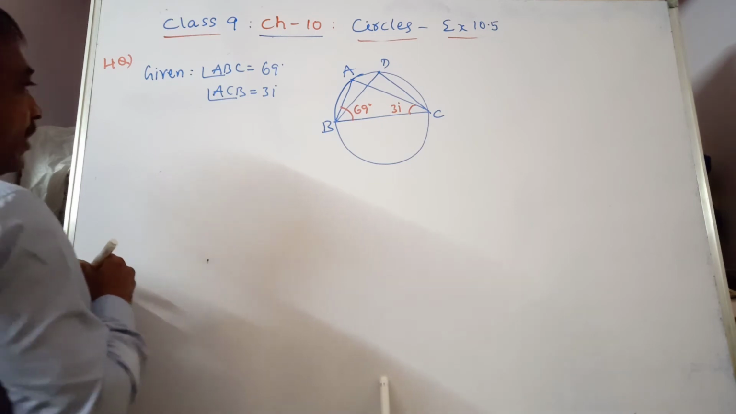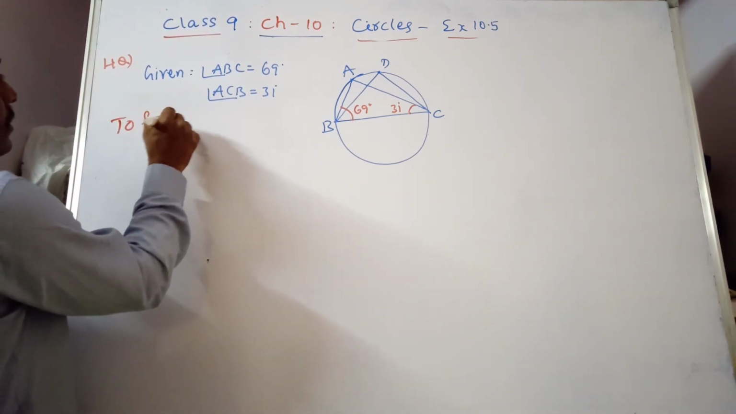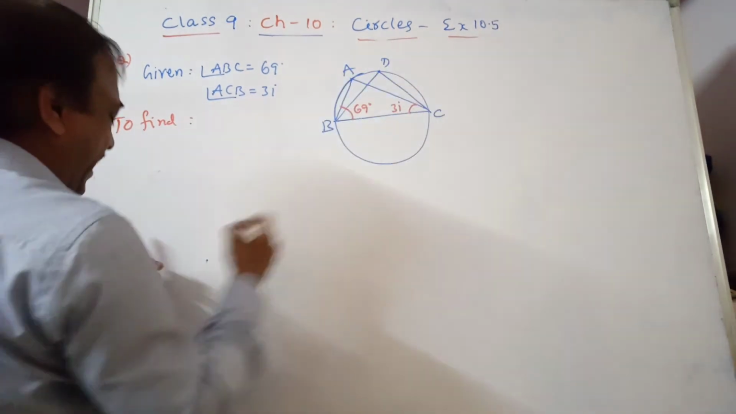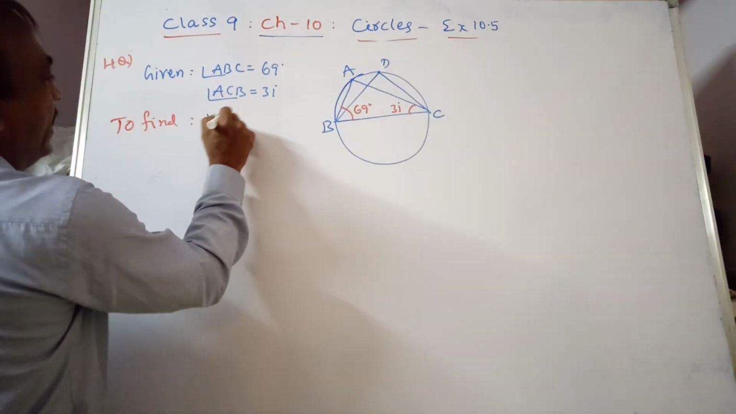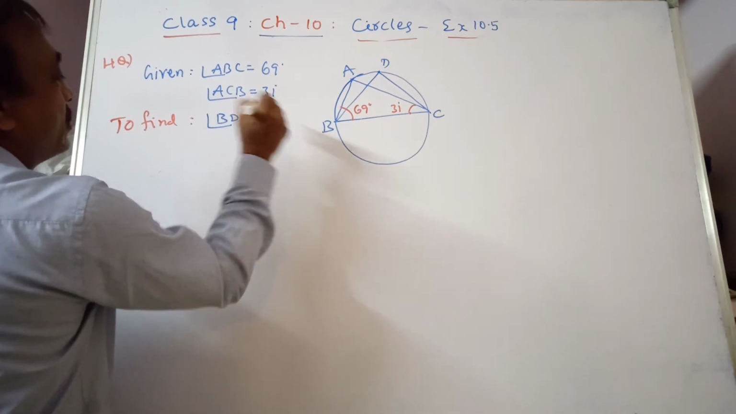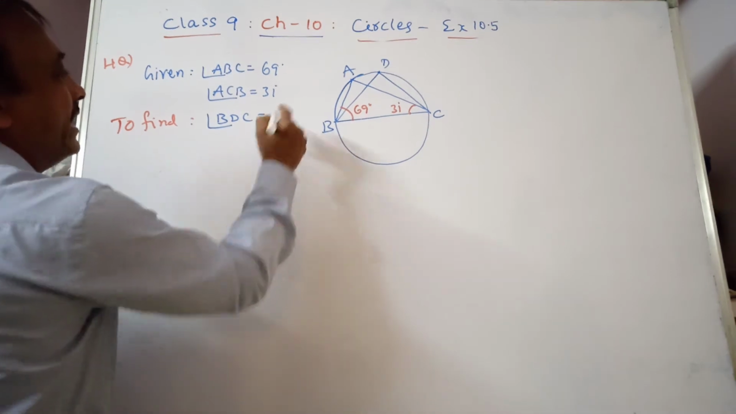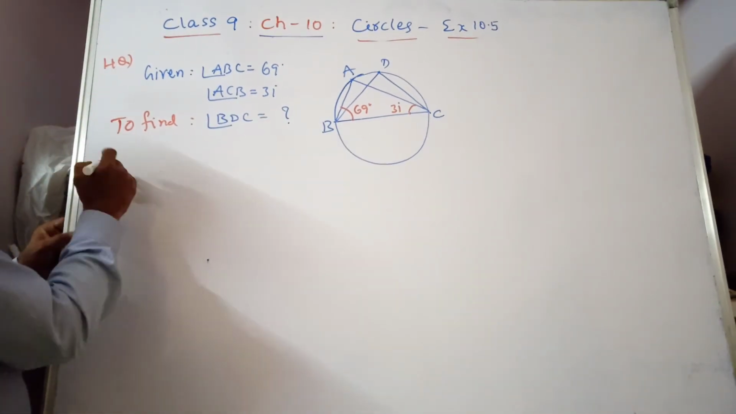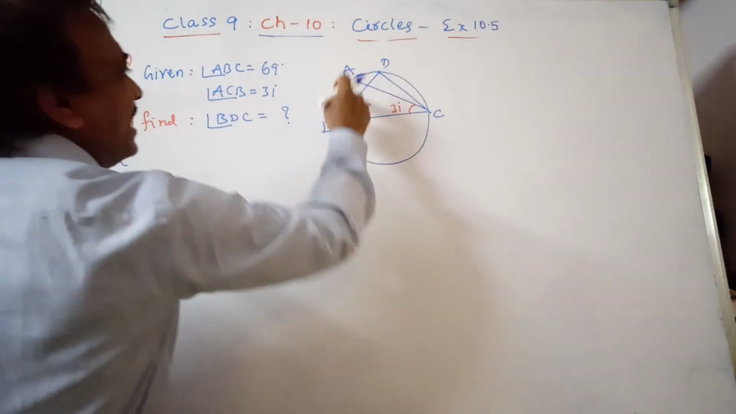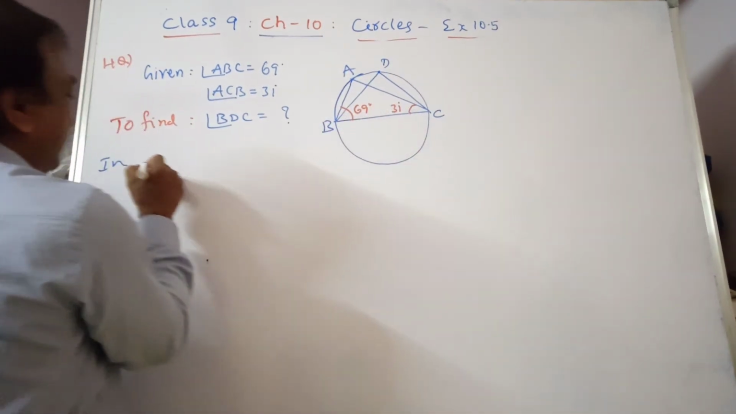What we have to find out is angle BDC. To find: angle BDC is equal to what? That is the question mark. Now observe the figure. In triangle ABC, we know two angles, B and C. In triangle